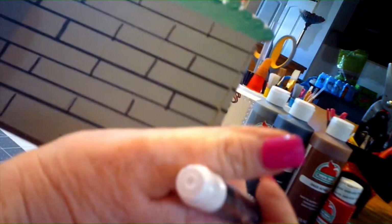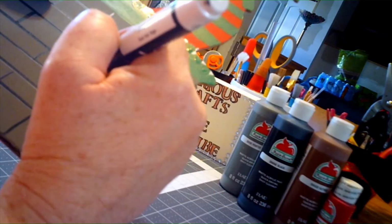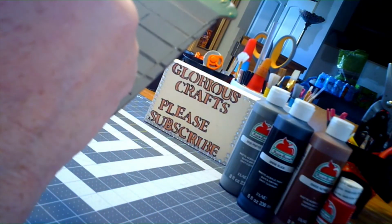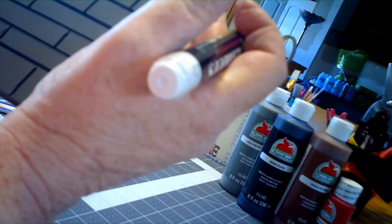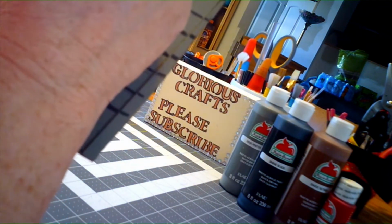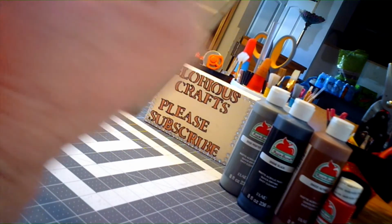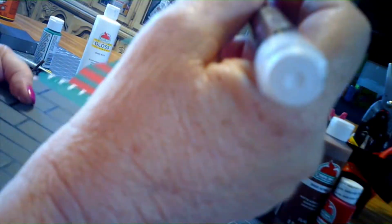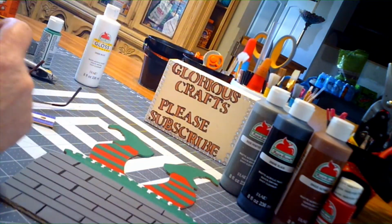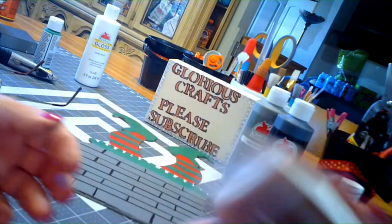So here's what my chimney looks like, with the little elf feet inside the chimney. So now I'm going to take different colors with a paper towel, and I am going to try to stress it out a little bit, de-stress it, make it look like it's old and worn, like a chimney normally looks. So I had painted it gray, and then I did the black lines. So I'm going to take nutmeg color,